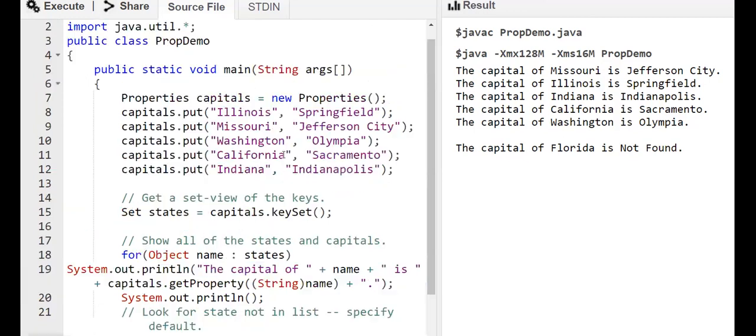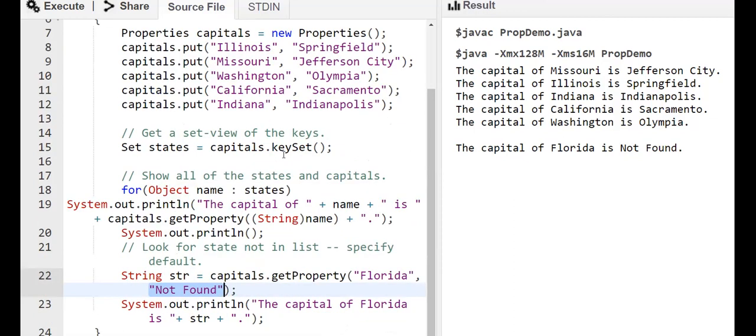So for example, we are computing something and storing it in a variable. Once the program terminates, the value present in the variable will be lost. So what we can do is, after computing the variables which we want, we can store them in a properties object, and that can be stored in the hard disk. Next time when we run the same program, we can load the value stored in the hard disk into the variable of our program. So likewise, properties is useful in serialization.